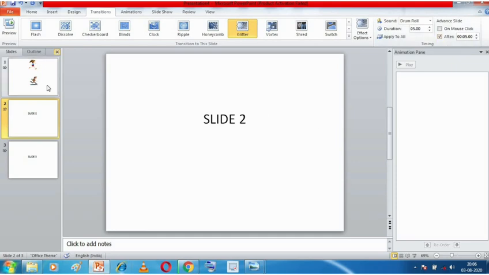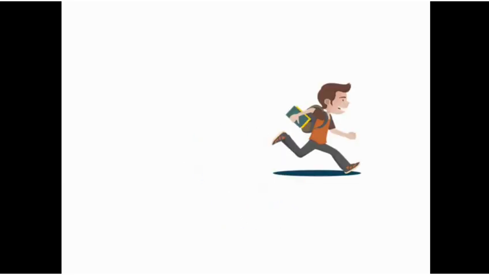Now if I come to my presentation slideshow view, I will finish off my first slide and then click the mouse button, and now see, I'm going from the first slide to the second slide, but I will not click any button. Automatically, after the desired number of seconds, slide 2 changed to slide 3.